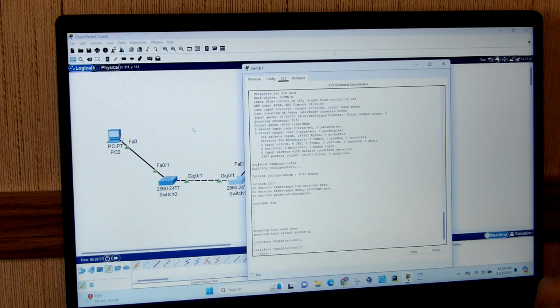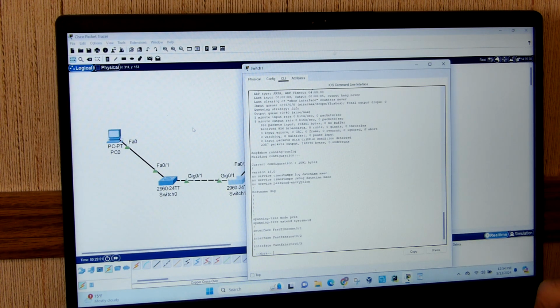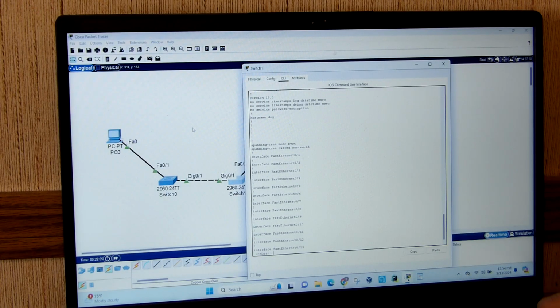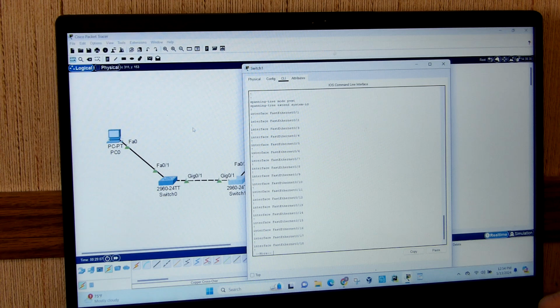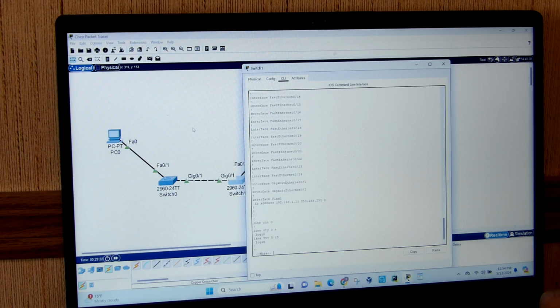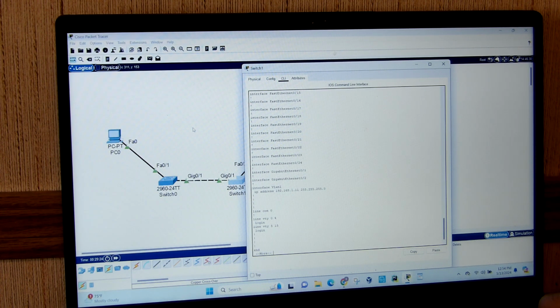It gives us some information, that this has 24 of these and 2 gigabit ports, and then interface VLAN, the IP address is this one, and then